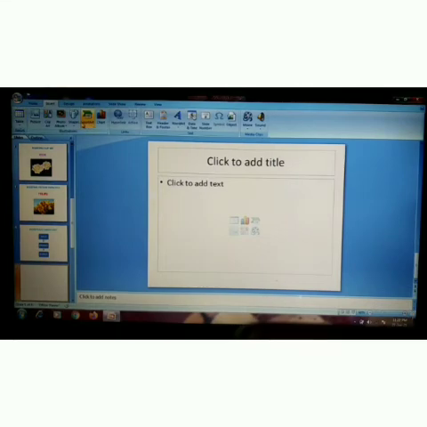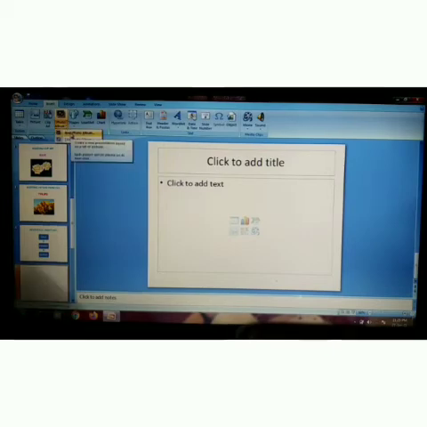For example, here is the photo album button, but if you create a photo album, it will be created and saved as a new presentation. So you can create a PowerPoint presentation that contains only series of pictures or photographs using this photo album button. Let's see how to use this photo album button to create a photo album in PowerPoint. First, click the Insert tab, click the down arrow of photo album, then click the New Photo Album.